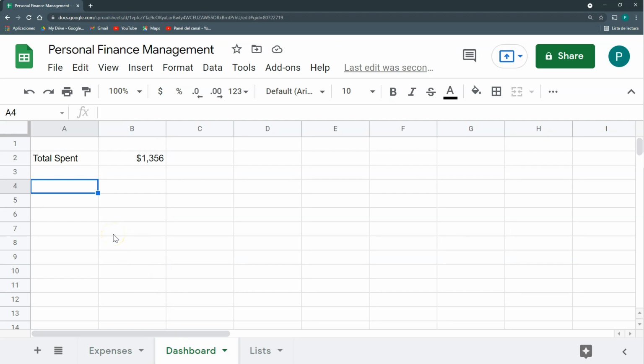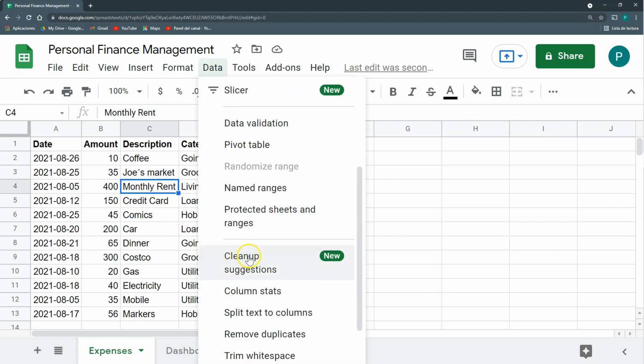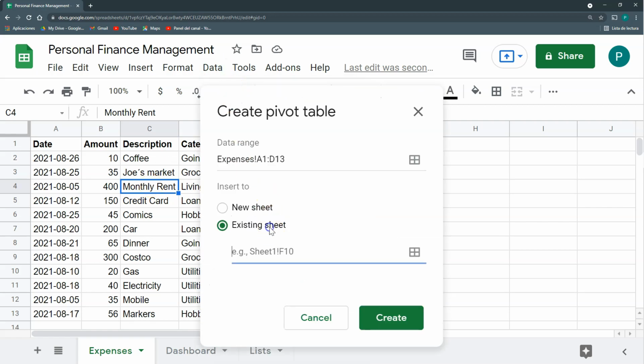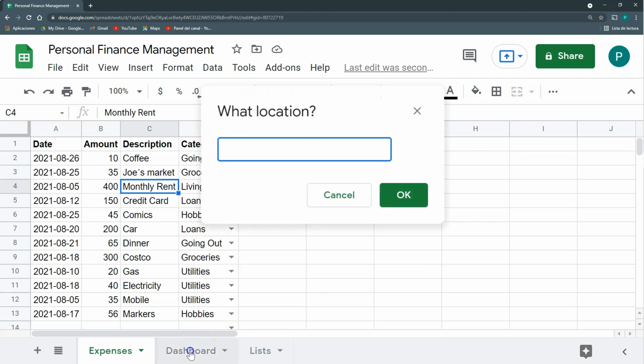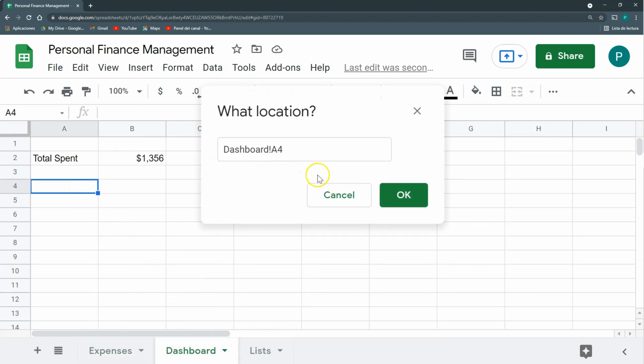There are a number of ways of doing it. The simplest way is with a pivot table, but it's not my preferred. Let's start with the most simple way and then we can start adding some complexity. So let's go with a pivot table. We're going to stand here, go to Data, Pivot table, and then in existing sheet,